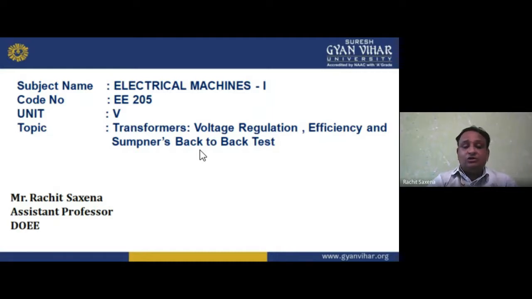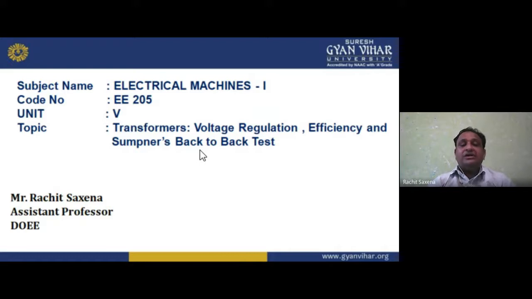And again losses, because losses are very important. If I am doing a test on a motor, why am I doing the test? I am doing a test to identify the efficiency. If I want to identify the efficiency, I need the losses, so I want to identify the losses. That is why I am applying the test on the DC machine, that is the DC motor. So I hope you understand.